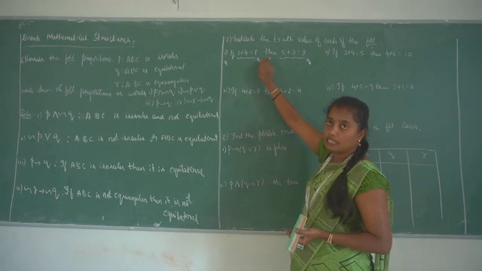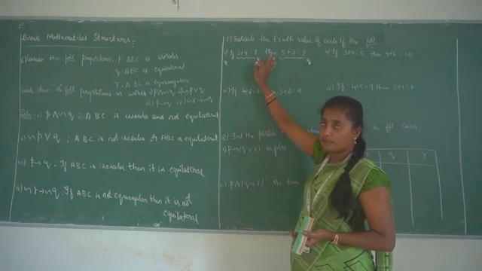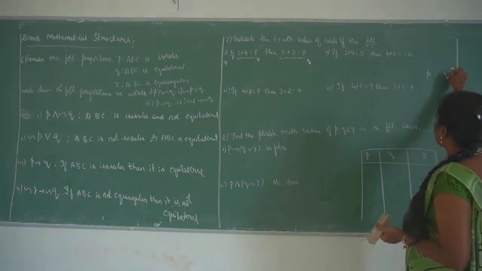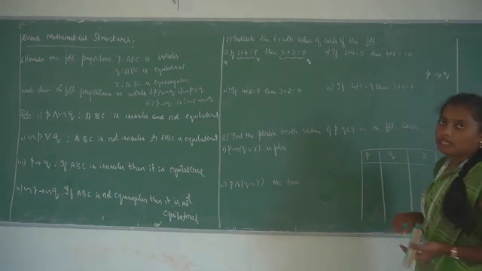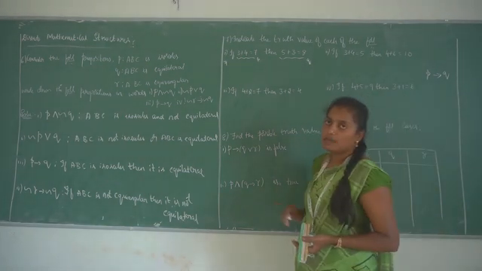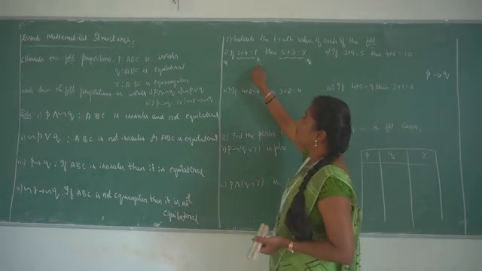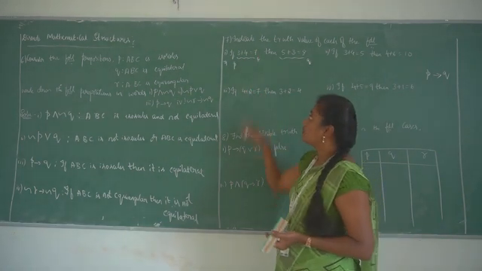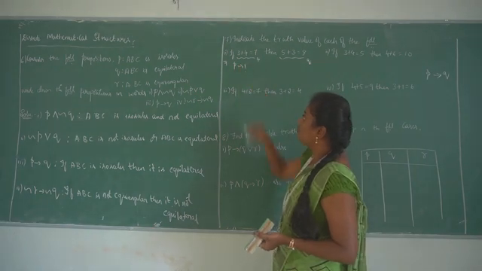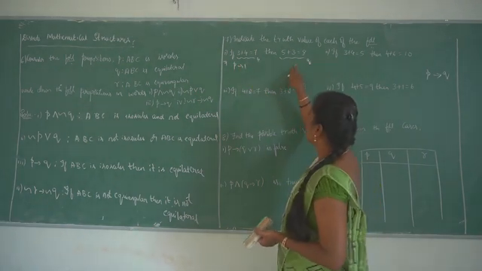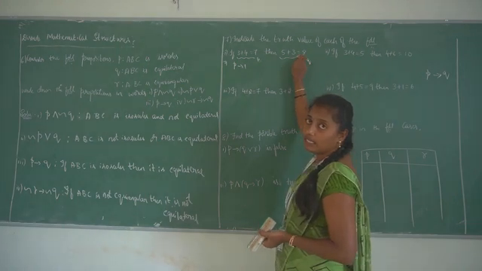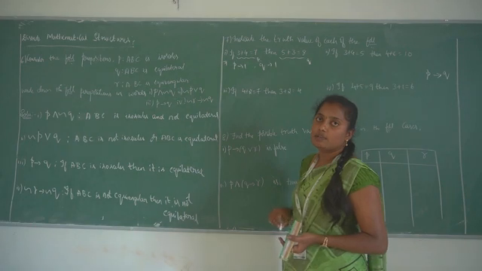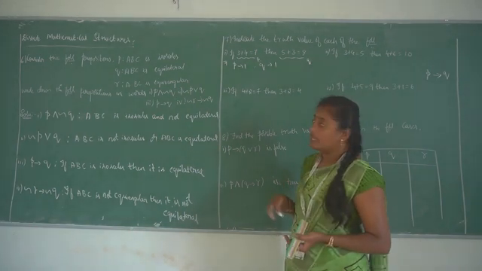Since if and then are given, it is a conditional proposition. We represent the first one as P and the second one as Q, so it is in the form if P then Q, but the statements are different. The first statement P is 3 plus 4 is equal to 7, which is true. The truth value of P is 1. The second statement, 5 plus 3 is equal to 8, which is also true. Q is a true statement.